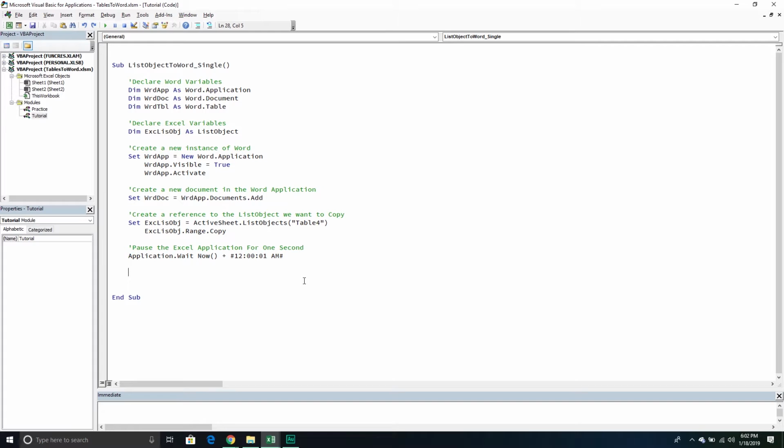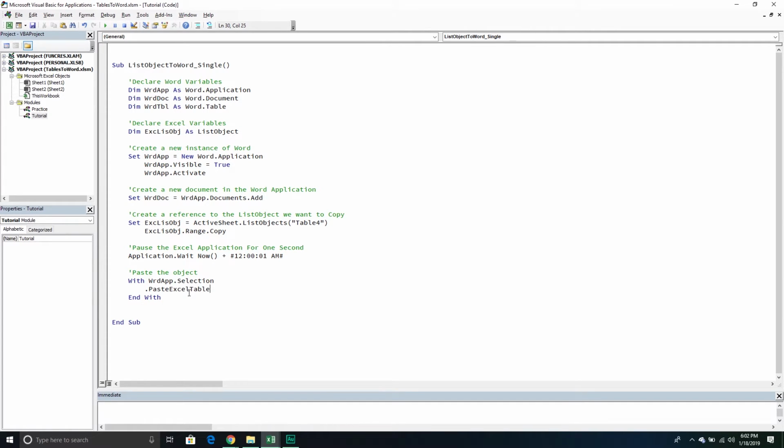Now, what I want to do is specify with the Word app selection. So what I'm going to say is paste the object. With the Word app, so the actual Word application itself, go into the selection property, so the current selection that you're in. I'm going to close my with statement. And then what I'm going to say is paste